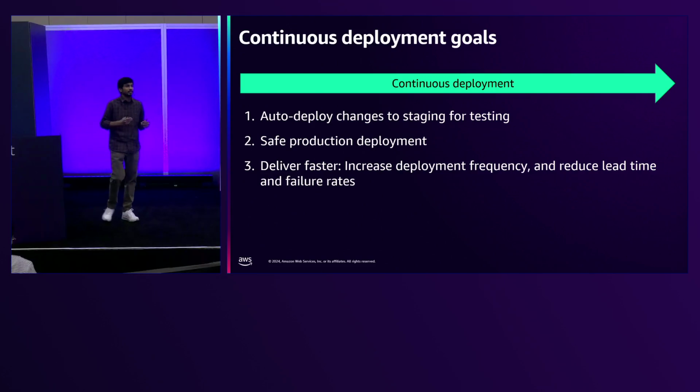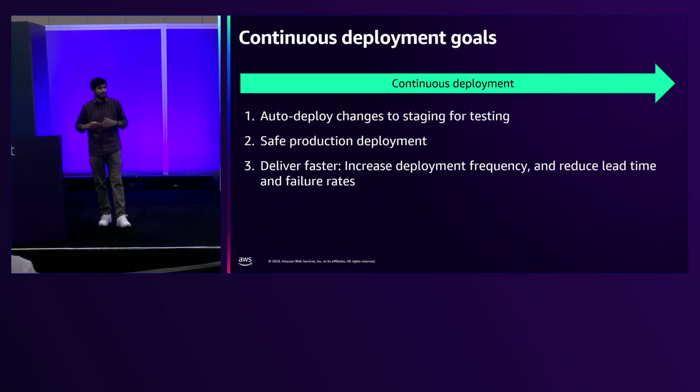But what are some of the continuous deployment goals? We want to make sure that the code is automatically deployed into staging for testing. And we also ensure that the safe production deployment is always there without affecting the customers. And we also want to make sure to deliver faster while increasing the deployment frequency and also reduce the lead time and failure rates. So by knowing the continuous deployment goals, Amazon ECS is going to handle the rollback using